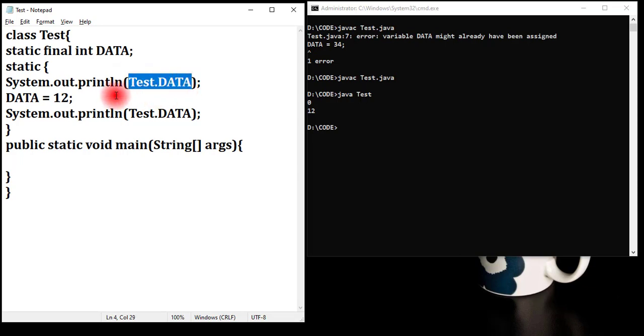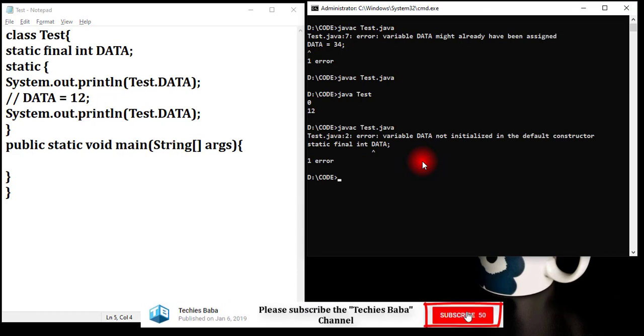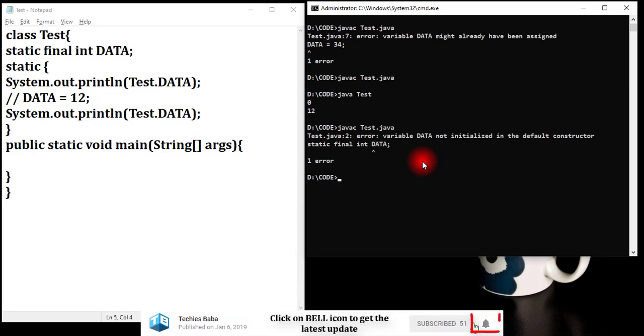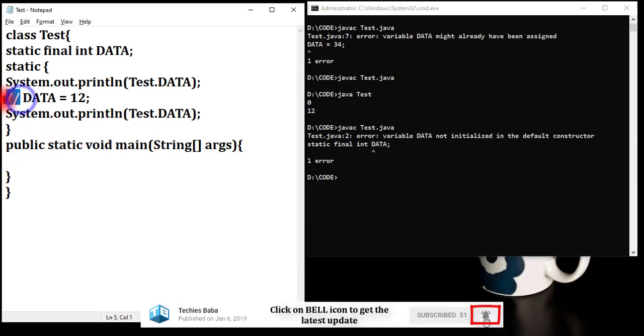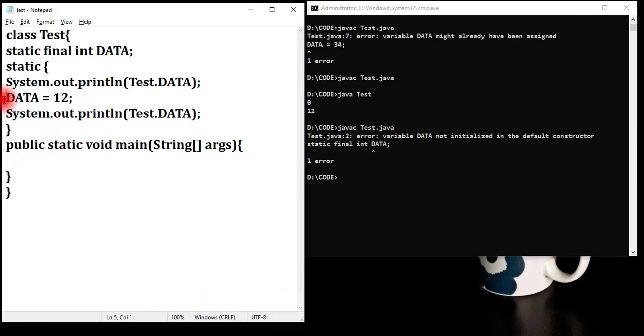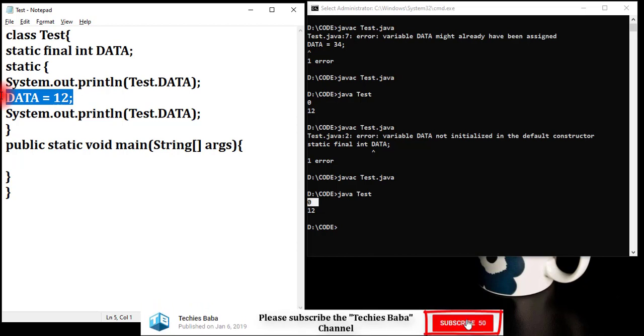But if you are not initializing a final variable, it will be a problem. JVM is forcing you that you must provide some value for the final variable. If we are providing it, still we are able to see the value available inside the memory, and that value is 0. So we can say that for any variable, if JVM is allocating the memory, the default value will be available and then will be replaced by the actual value that you are providing.